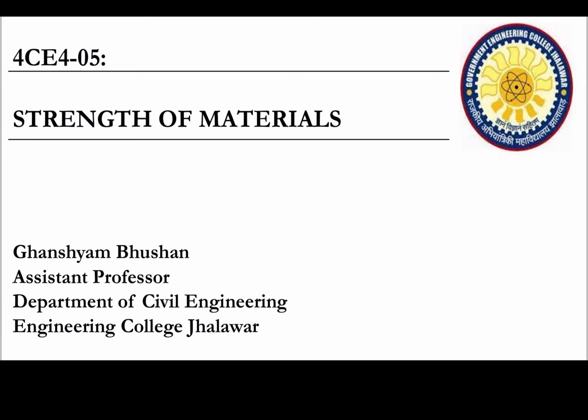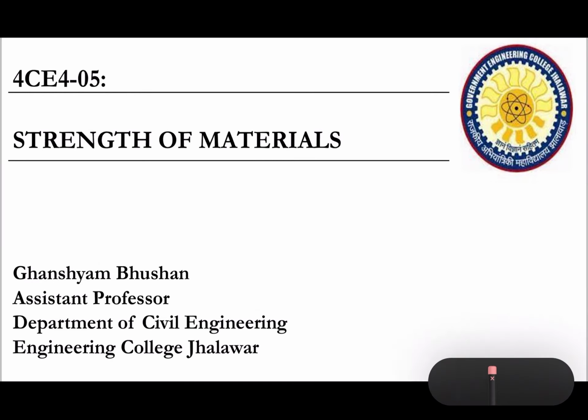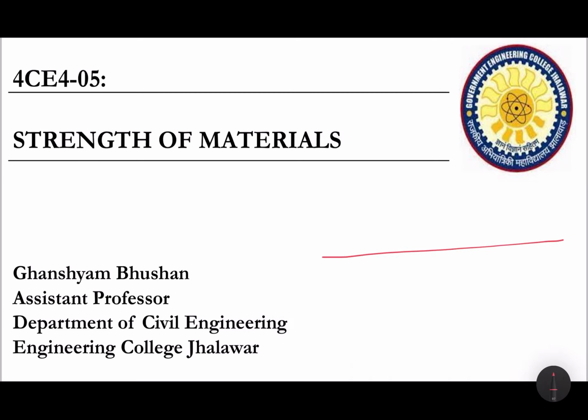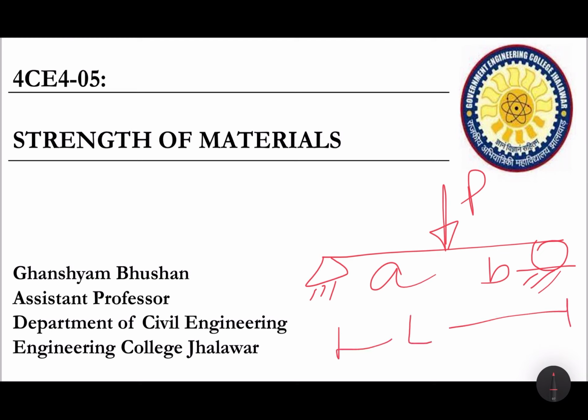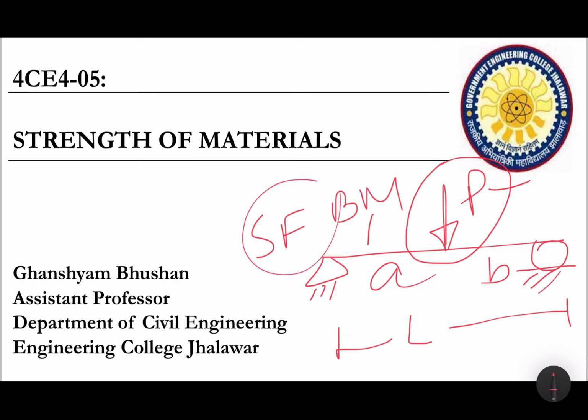So till now we have discussed the bending stresses which will be generated due to the externally applied load. Suppose this is a beam, it can be a simply supported beam. This is the hinge support, this is a roller support. Let us say this is the applied load at any distance, this is total L, and A and B are either sides of the externally applied load. Due to this loading there will be a bending moment and also a shear force.